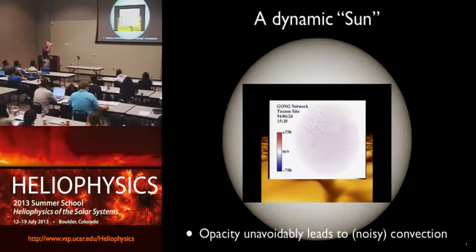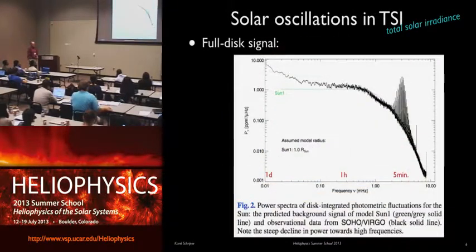It's like you're hitting a bell. Think about it as a bell in a sandstorm. It'll start to ring at its own frequency. And these motions go up and down with speeds of up to several hundred meters a second. So they're pretty fast motions, but not nearly as fast as the sound speed. It's a gradually undulating process. These P modes, as they're called, the pressure modes, the sound waves that propagate through the interior of the sun, tell us lots of things about the interior, but they in fact even show up in irradiance.